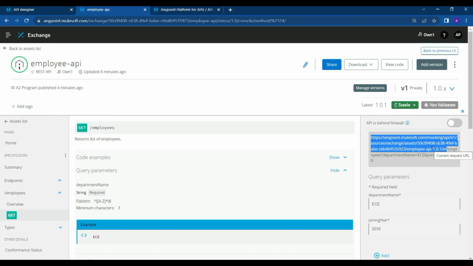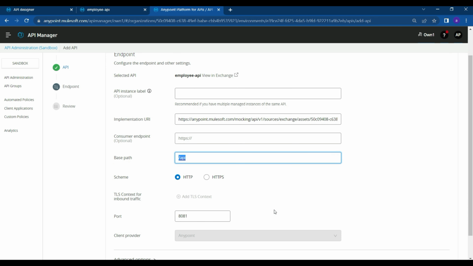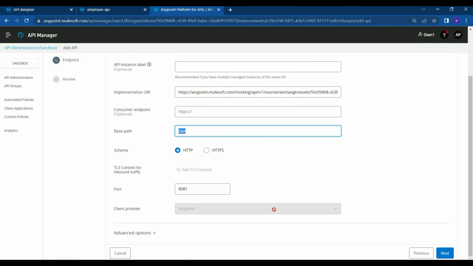Let's use this as an implementation URL and let's see if we are able to deploy successfully. Till here we have copied, and this is the base path /api. We have to remember this because in order to access the API we need to add this base path as well. So HTTP,